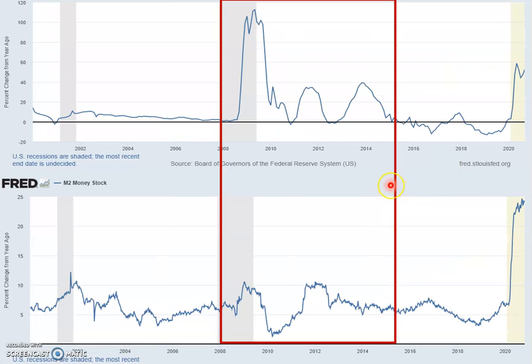Now here is the growth rate, or the percentage change from a year ago. Again, you can figure out the difference between these two. So the monetary base fluctuates a lot. For example, here the growth rate is even over 100%, but the M2 is much more